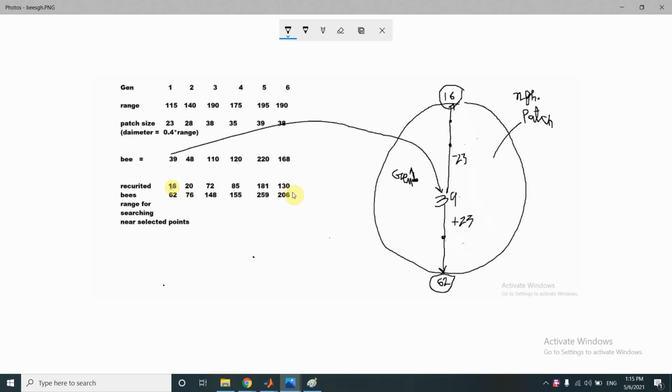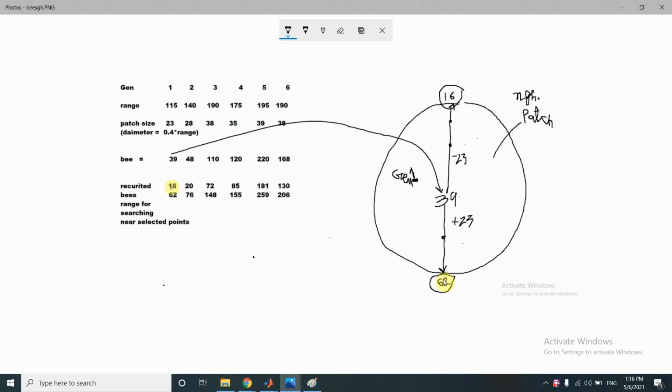So once again let us see for one dimension only. The same thing would apply for the other five dimensions as well. Initially the returning bee that was found to be elite had the position of 39, and the patch range is 16 to 62. Now we generate a random number between minus ngh and plus ngh. That is, we generate a random number between minus 23 and plus 23. And let us assume that it was found to be, let's say, minus 10. So minus 10 we got.